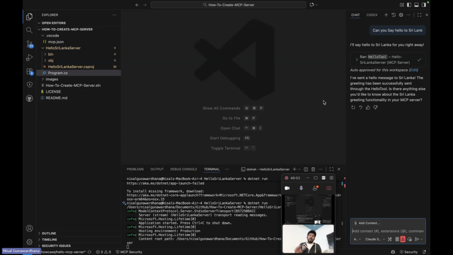We can see a lot of MCP server SDKs for different kinds of languages. So guys, you can use those SDKs and you can create an MCP server for the particular thing, right?